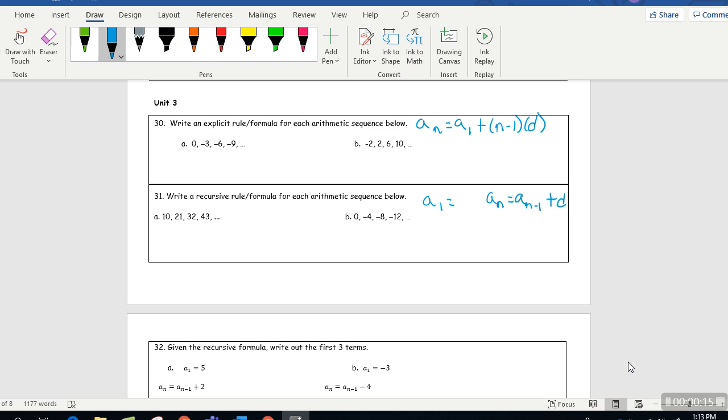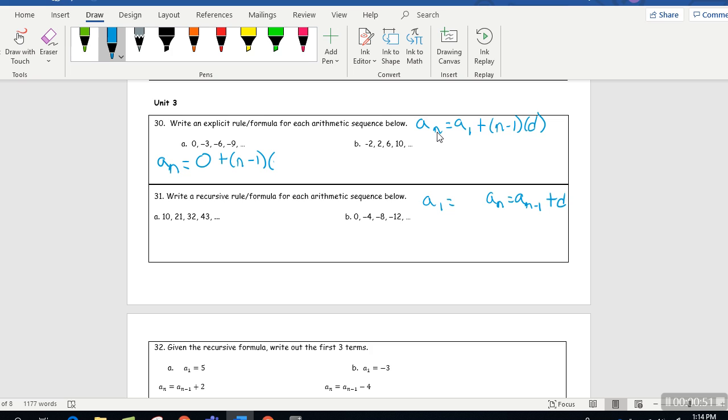We've got number 30, write an explicit rule or formula for each arithmetic sequence below. First thing we want to do is figure out our first term and our common difference. I've got the formula over here for you guys. So we're going to first put down a sub n equals, that's always going to be the same, when we're writing our explicit rule. And then my first term, here it is 0, and then plus n minus 1